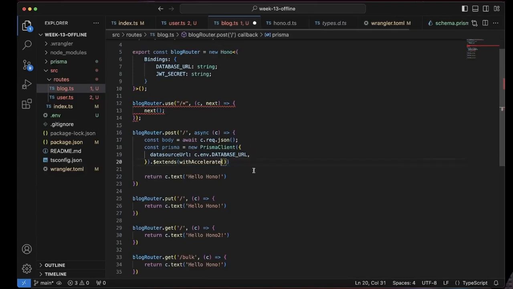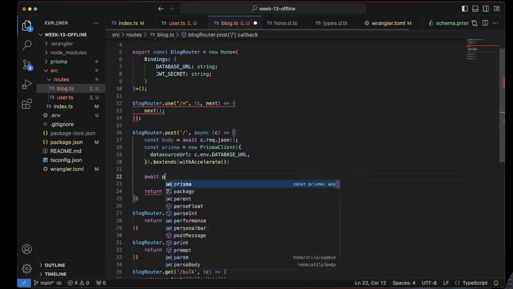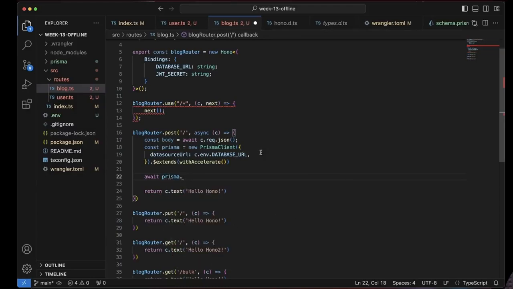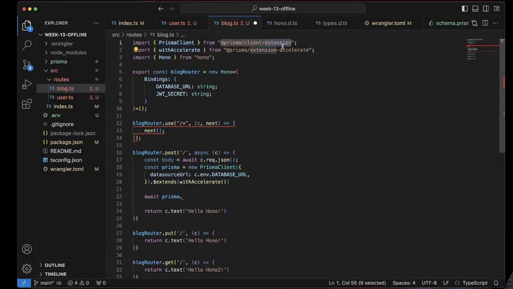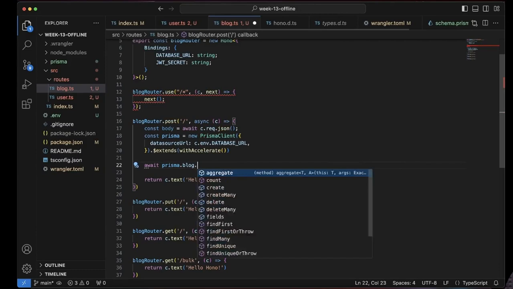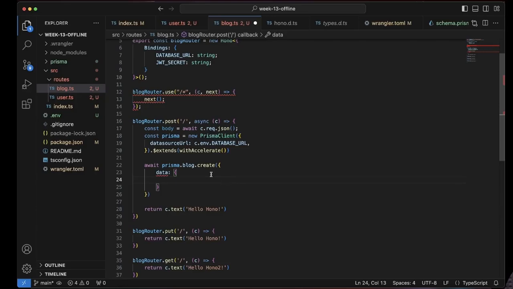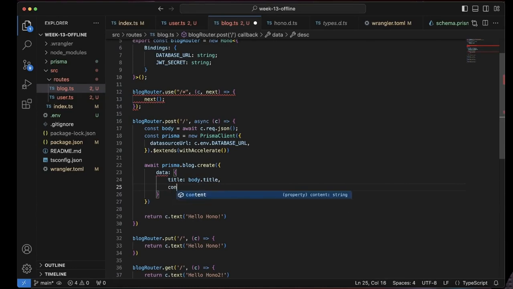With Accelerate, and then what do I need to do? It's as simple as await prisma.blog. Prisma client is not imported from the right thing, so let me make this edge, and now let me do prisma dot, still doesn't give me types, which makes me a little anxious. Blog, there you go, dot create data. I need to send the title, which will be body.title, this content, body.content,